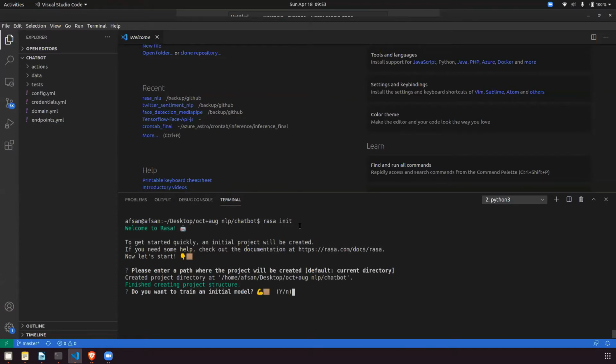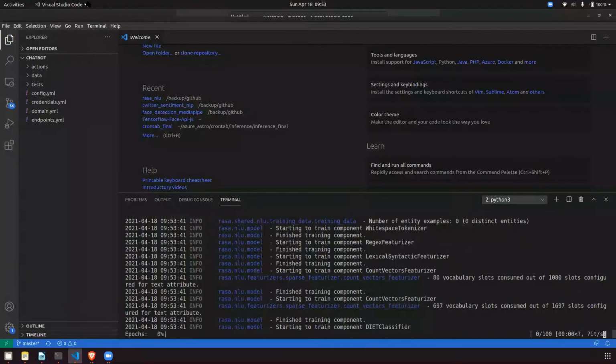When it asks for the first time to enter a path where the project will be created, just press enter. The next thing it will ask is whether you want to train an initial model. Type yes, and let the model train for the first time.